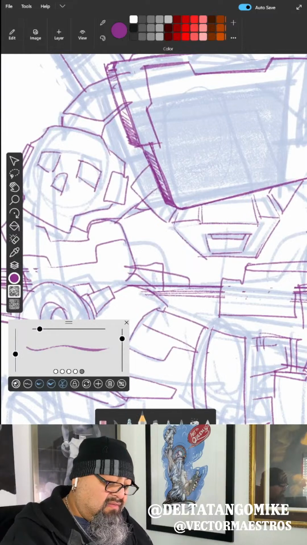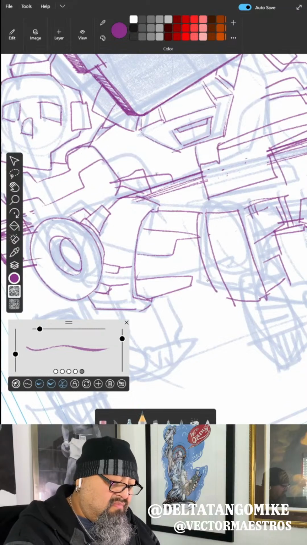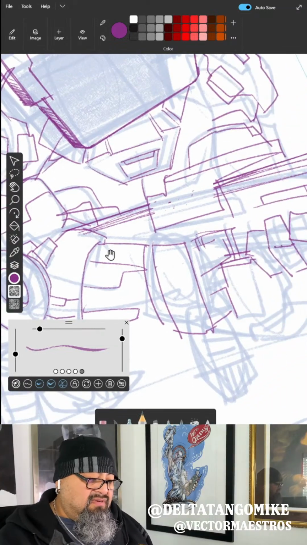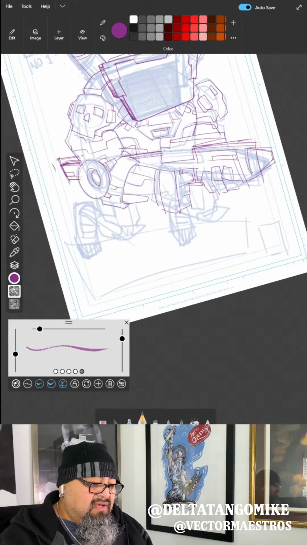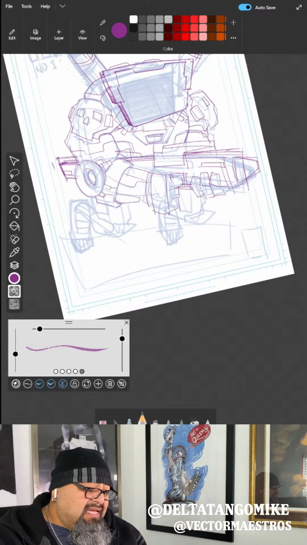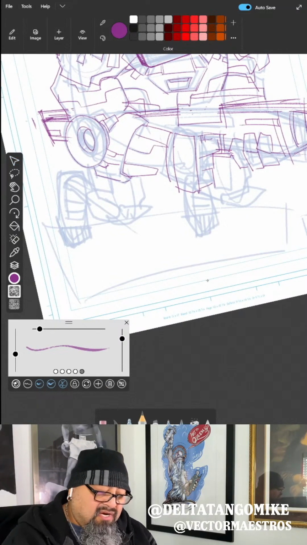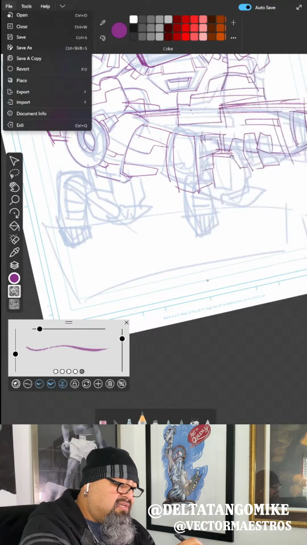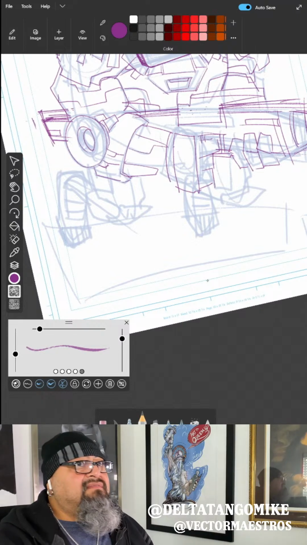Okay, so here is something to think about right there. Intersection of things. Okay, boom, bam, there it is. Okay, so we don't see the chest so much, but we see this part. And then just add like a bunch of things, just add things in there. Yes. Okay, the legs are gonna look kind of little, but that's okay, because they kind of should be further back, and maybe this leg should not be right there. So let's go ahead. No, not this one. Layers, new layer, and let's save. Let's make sure we keep saving. Save. The auto save is on, but I want to make sure it saves.